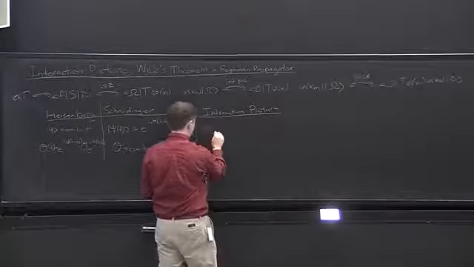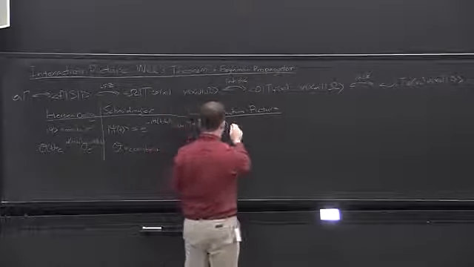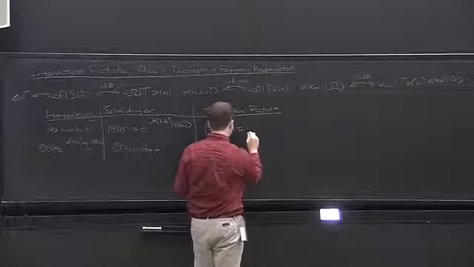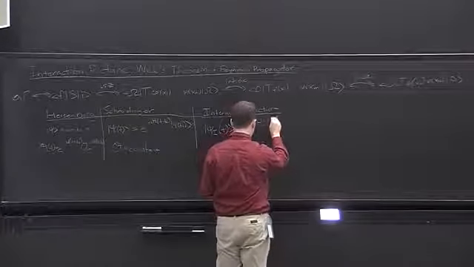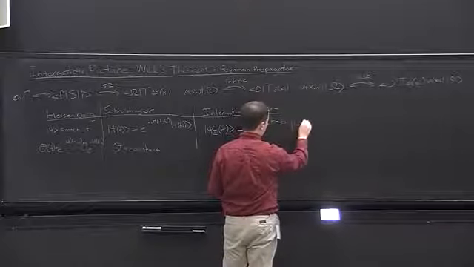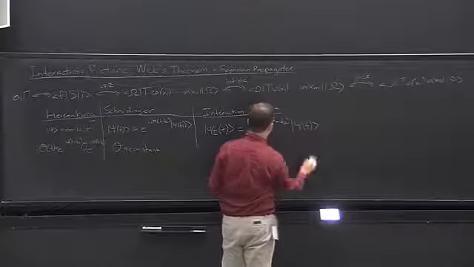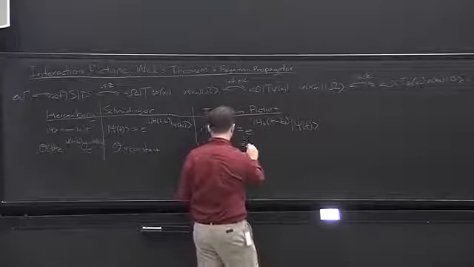So in this interaction picture, both the states and the operators evolve. The states evolve with a factor of the free Hamiltonian compared to the Schrödinger picture states, so an extra factor of e to the iH naught t,